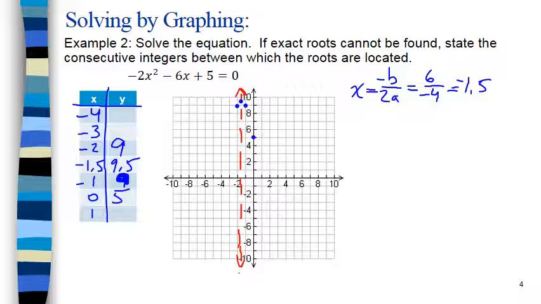So when x equals negative 3, y equals 5. And when x equals 1, y equals negative 3, and we can reflect that across to negative 4. And so we can graph 1, negative 3, and negative 4, negative 3,